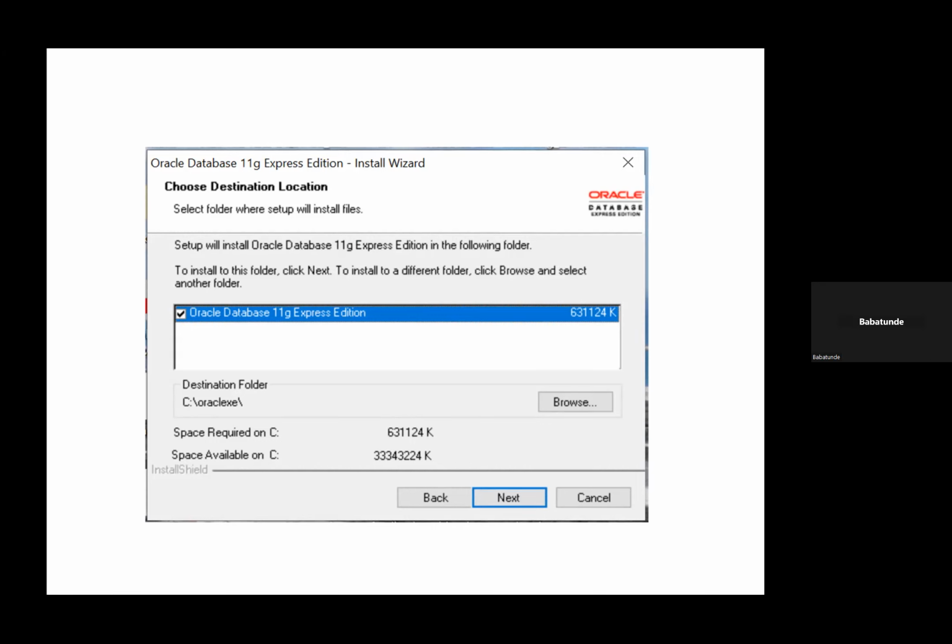Otherwise you might decide to choose another location. If you think that maybe you don't have enough space on your C drive, maybe you can choose your D drive, where you have sufficient space. Then you will be able to install it. Then you can click